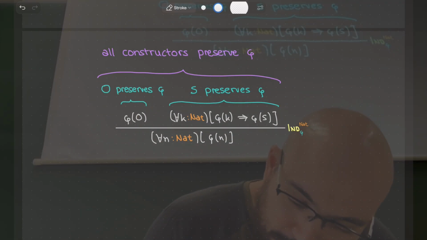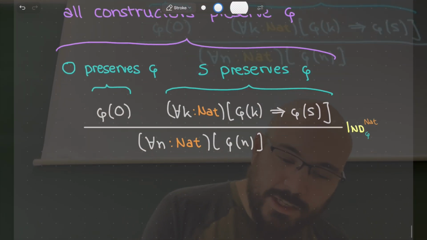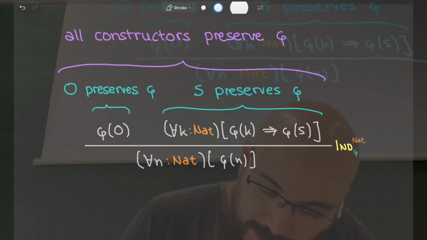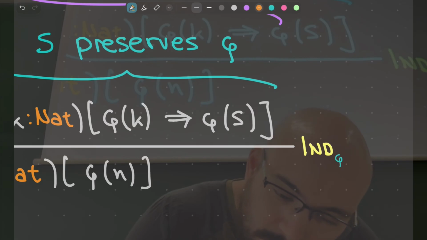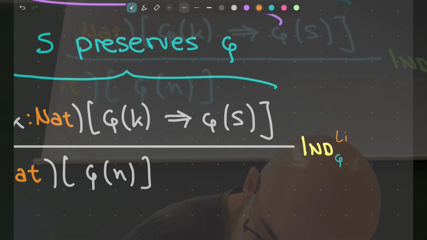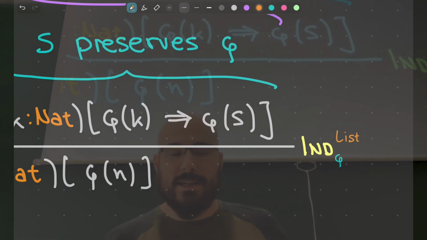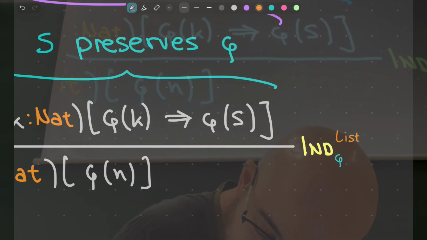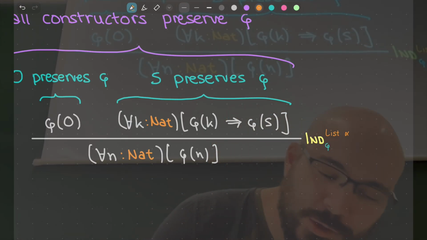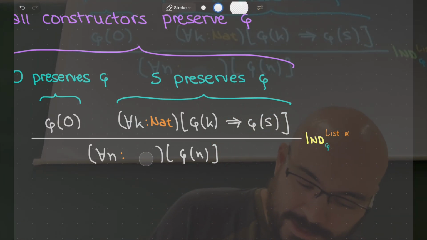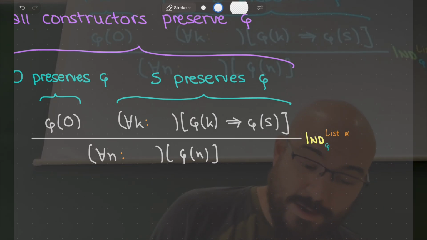Okay, so let's see. What do I need to change here so that this thing will become induction for natural numbers? I'll do the easy thing. The name of this thing will be the induction for list. Is that okay? It should not be okay. It's the induction of the list of alpha, because here I put the type of the thing I'm inducting. Definitely this nat has to go away.